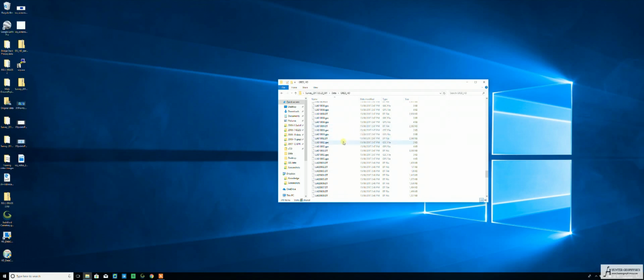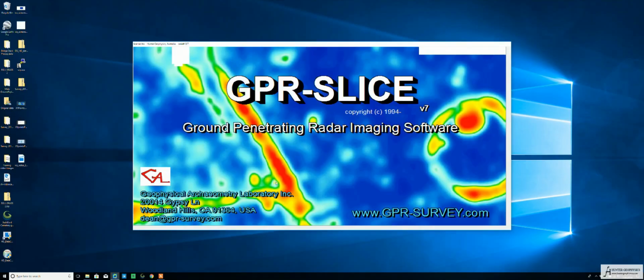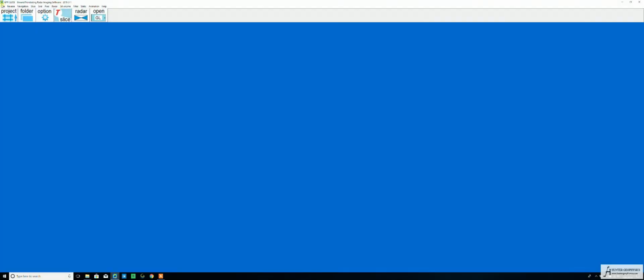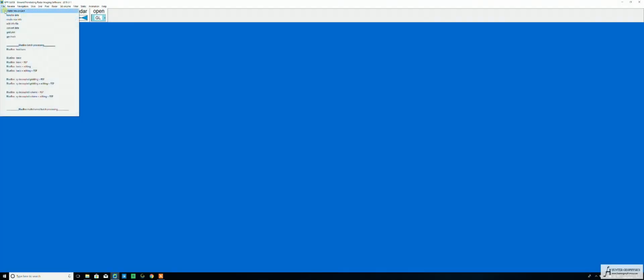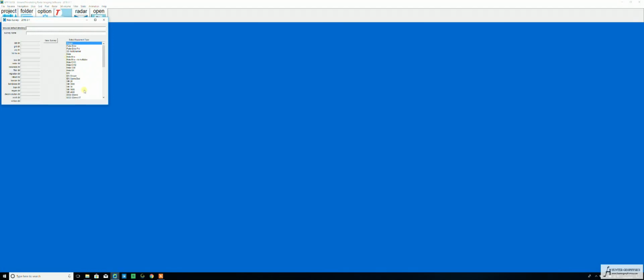We need to load them separately to begin with, and then we'll proceed with just ordinary processing, like as shown in the normal introduction to GPR-SLICE video. So I'm going to open up GPR-SLICE here, and I'm going to go File, Create New Project, and scroll down to IDS Opera Duo, and